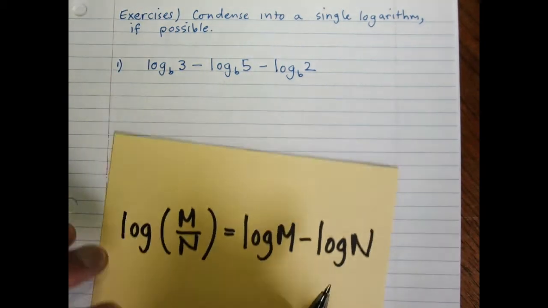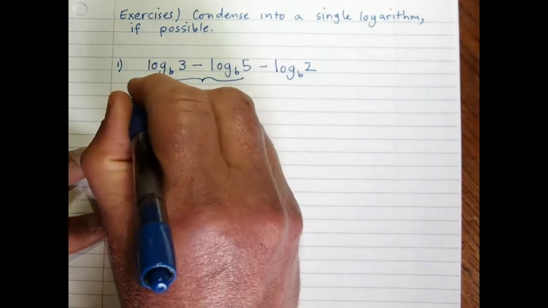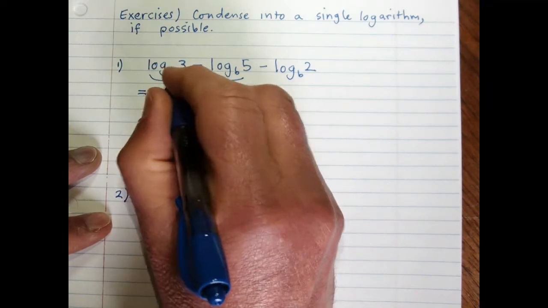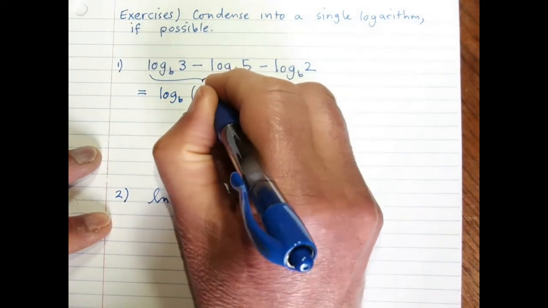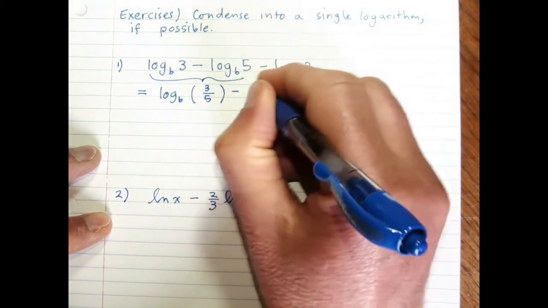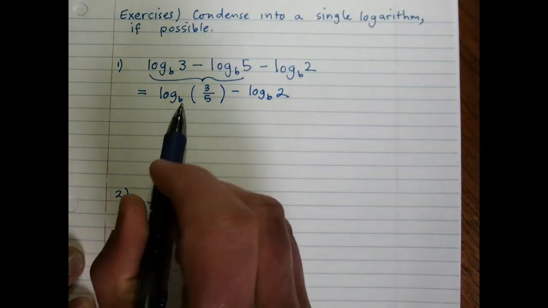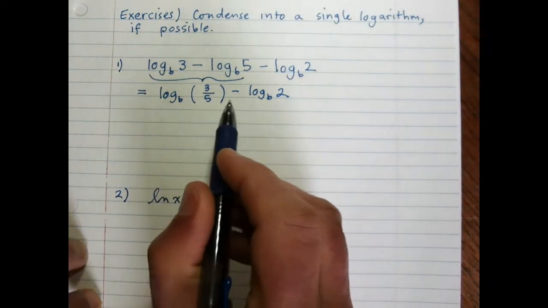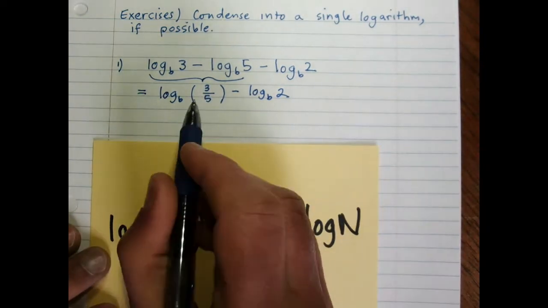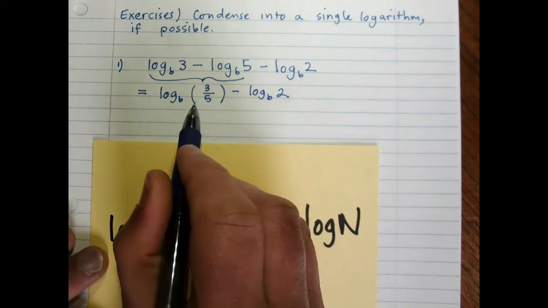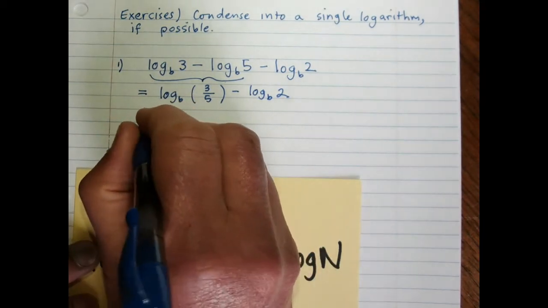Now we can only work with 2 at a time, so we'll work with these first 2 logs, and I can say log base b of 3 minus log base b of 5 is log base b of 3 over 5 minus log base b of 2. And now, working backwards through the second law again, I can combine these two logs that I have now. And now I'm ending up with fractions of fractions, and what I would write here is